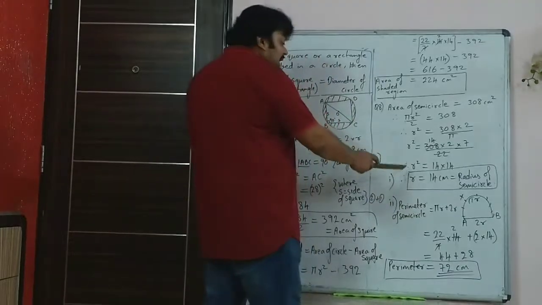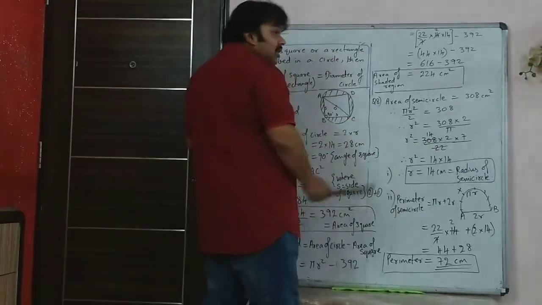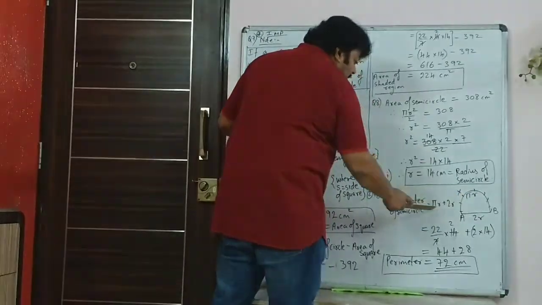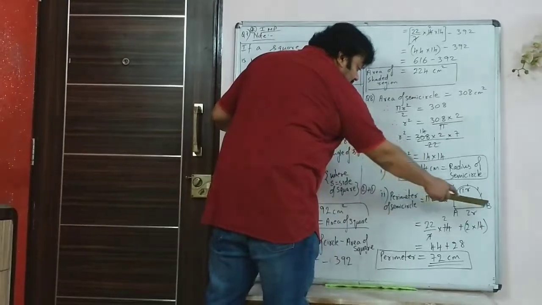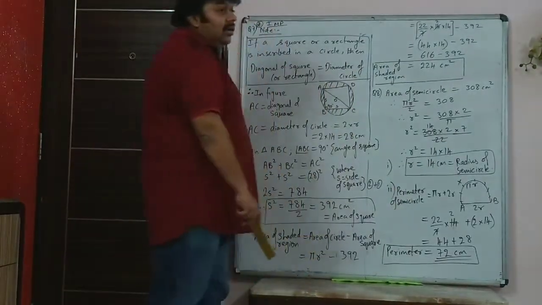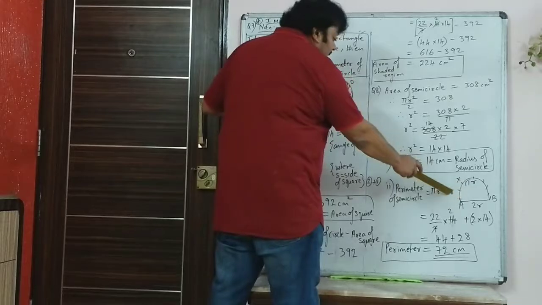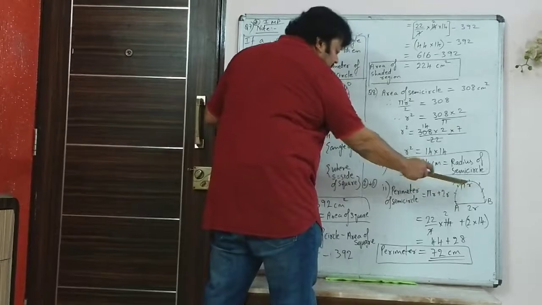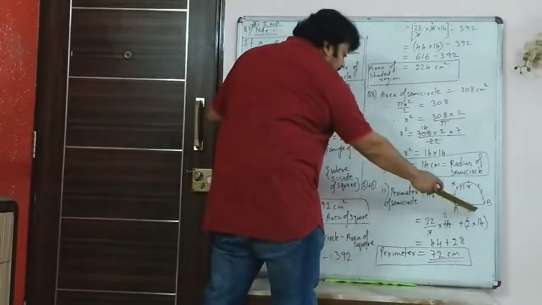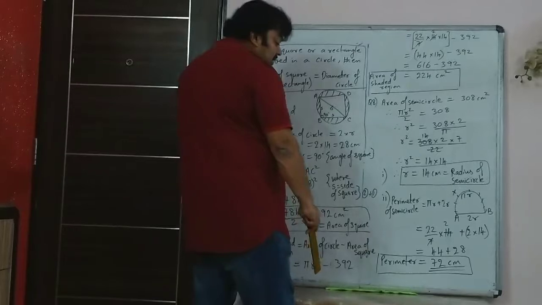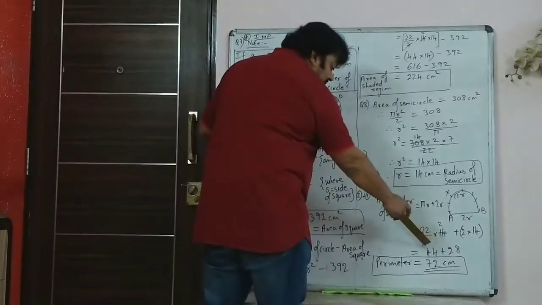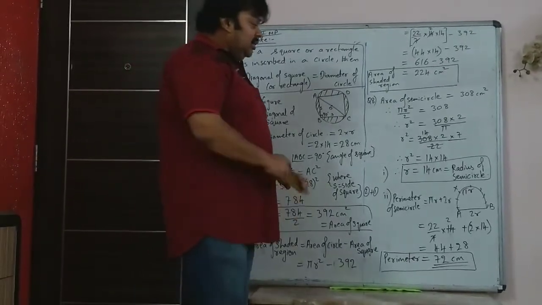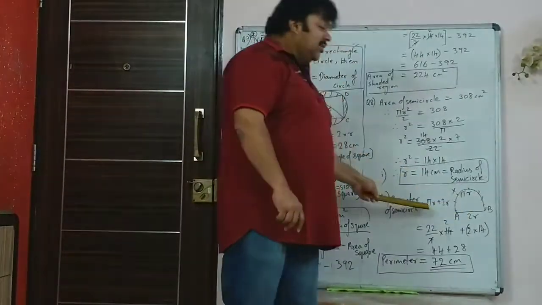So now area and radius is fine. When you are doing perimeter, you have to be careful because this is 2 pi r upon 2, or pi r. But we have to account for the diameter, that is 2r. Many students forget to take this 2r. So it is 22 by 7 into r is 14 plus 2 into r is again 14. So this comes out to 44 plus 28, or 72 centimeter. That is the perimeter of the semicircle.